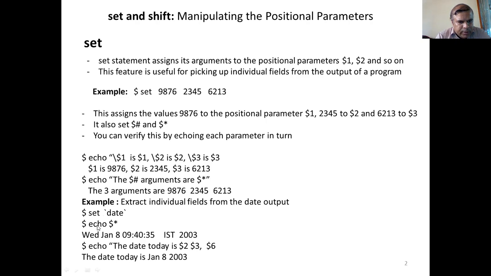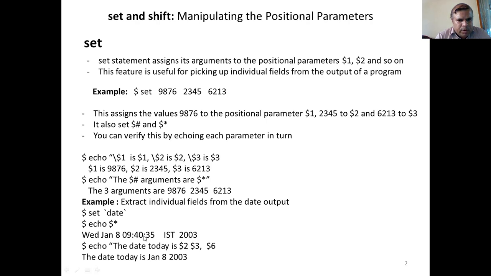And how do you verify it? Echo the arguments, echo followed by $*. So these are the arguments of the set statement, that is the output of the date program. Weekday Wednesday, then month January, date is 8, and the time, and then IST, Indian Standard Time, then the year is 2003. So now $1 contains Wednesday, $2 contains January, $3 contains the date 8, $4 contains the time, $5 contains this IST, and $6 contains